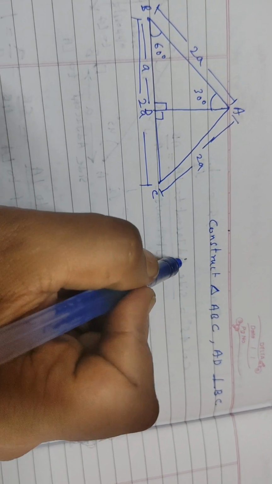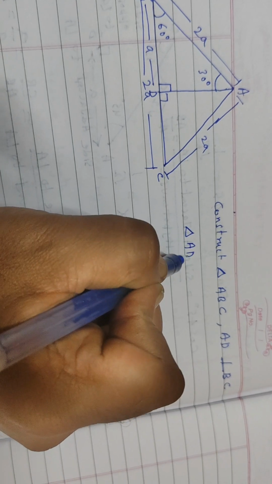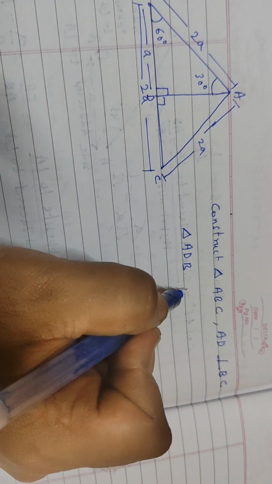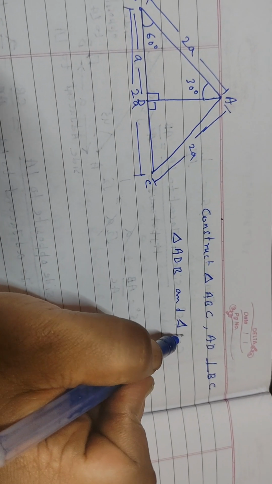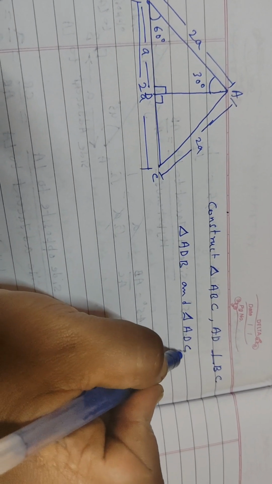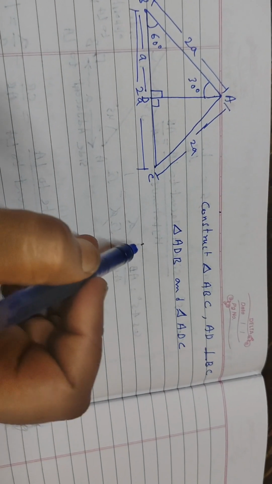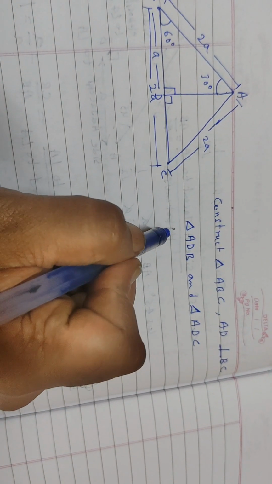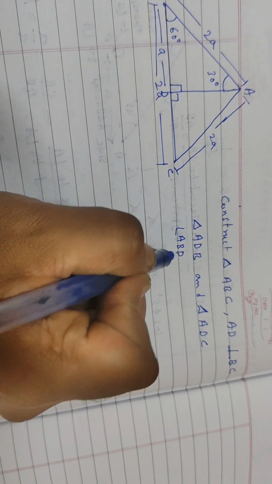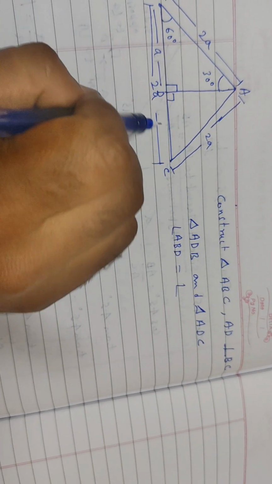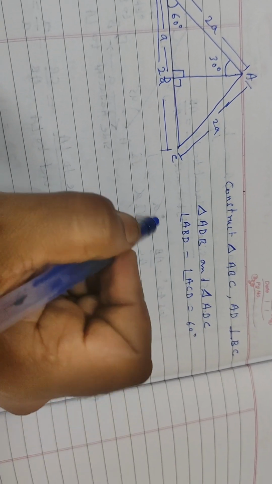So here triangle ADB and triangle ADC. Here angle ABD is equal to angle ACD, 60°,